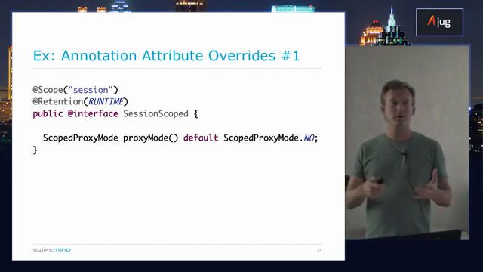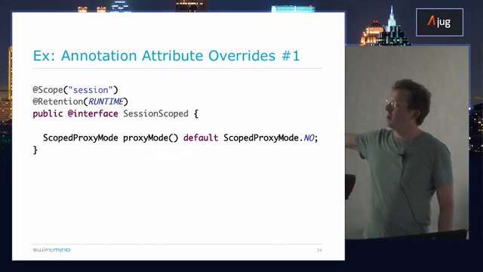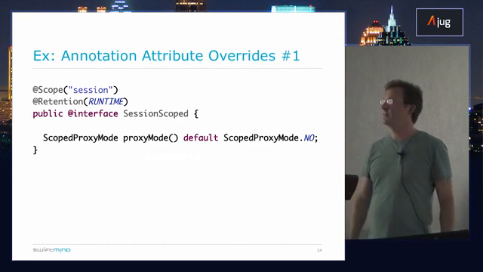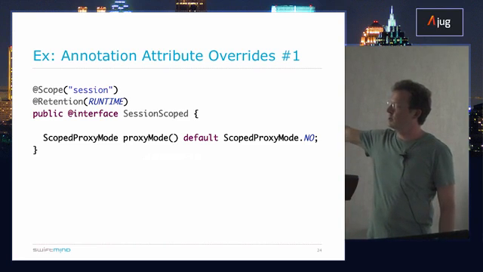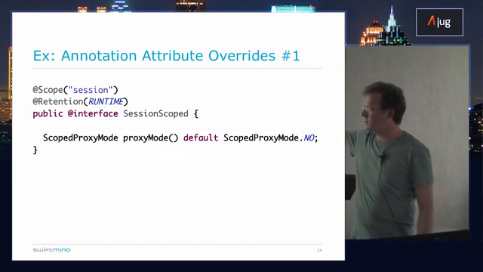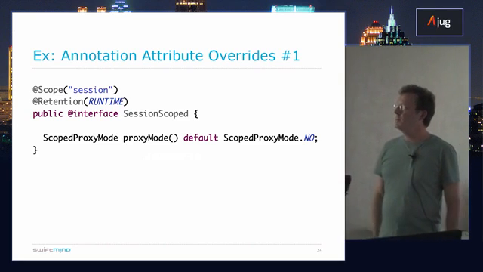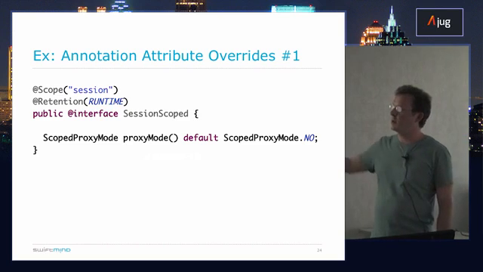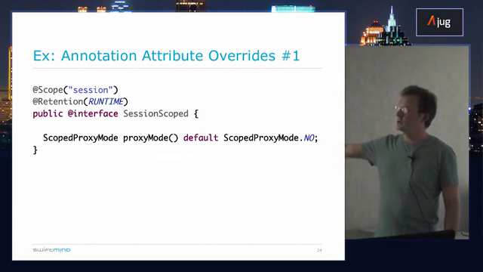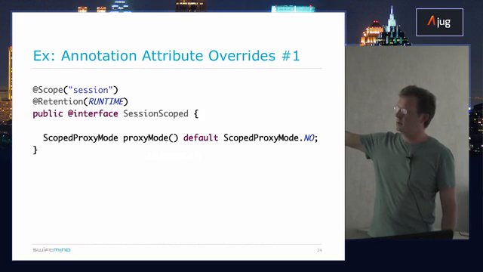But we're going a step farther than what we had before. Now we're actually defining our own attributes within this custom annotation. So here we have scoped proxy mode, default, and we're setting that to no. Now, I'm not going to show you the source code right now, but if you open up Scope and look at the source code for this, you'll see it defines this exact same attribute. It's of type ScopedProxyMode. It's named exactly proxyMode, and it has